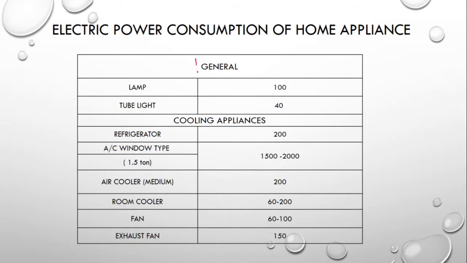So basically, when we talk about the general appliances, most solar home systems consist of appliances like a lamp for giving light and a tube light for lighting purposes. If we go for a sodium lamp or any kind of higher-wattage lamp, such as a halogen lamp, they approximately consume 100 watt of power. Likewise, whenever we do energy auditing in the system, we have to replace the higher watt consuming equipment by lower watt consuming equipment. So halogen lamps and other kinds of sodium lamps generally have a power of 100 watt capacity.